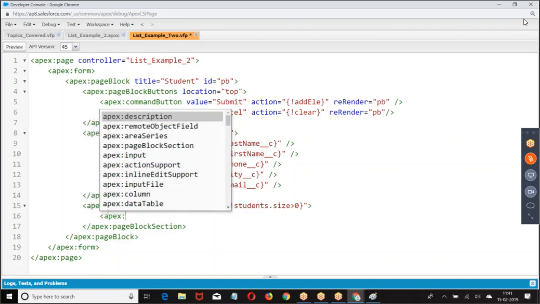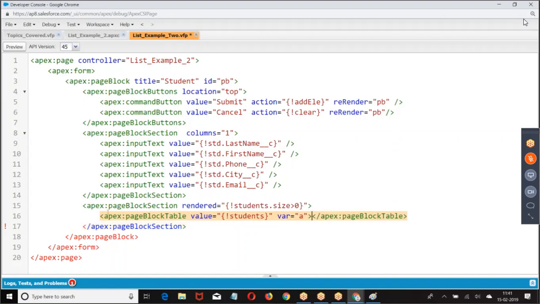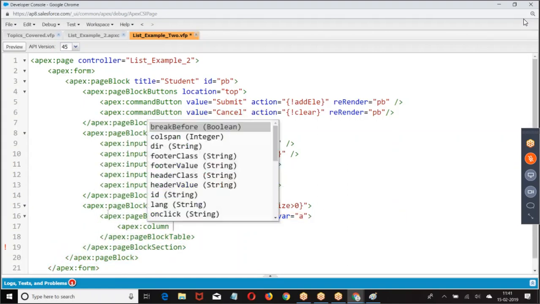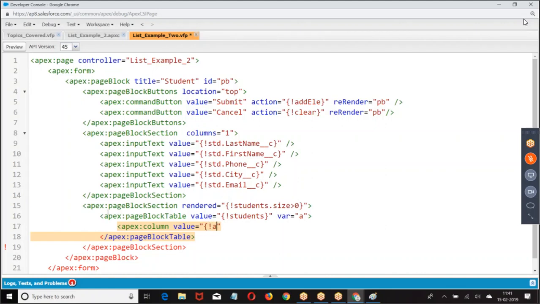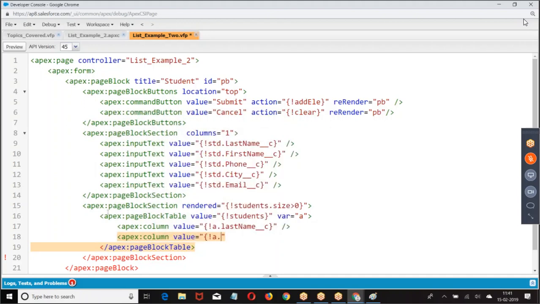Then I'm going with Apex page block table. Page block table value equal to students.